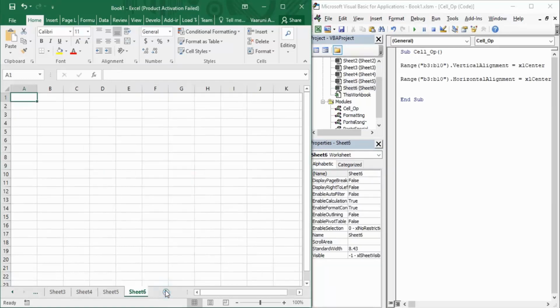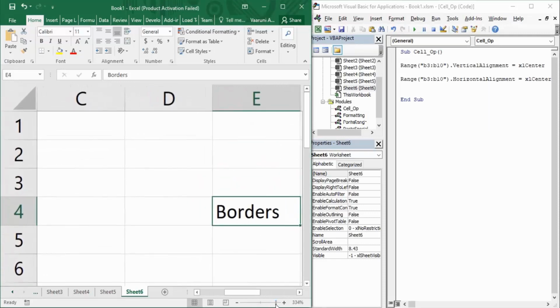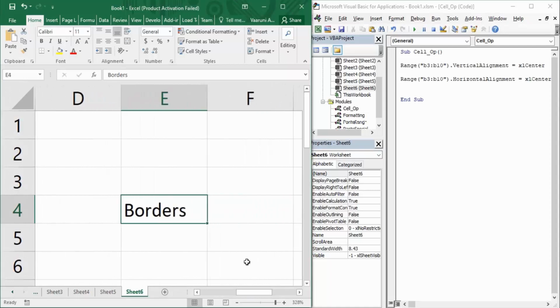First of all, let us create a new sheet, and this sheet is where we want to apply our borders. Before applying the borders, I'm going to write some text so that I can identify the cell on which I want to apply the borders, and let's change its zoom percentage to around 328%, or the maximum zoom percentage you can get.